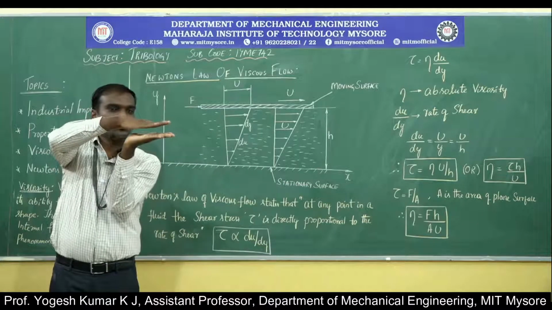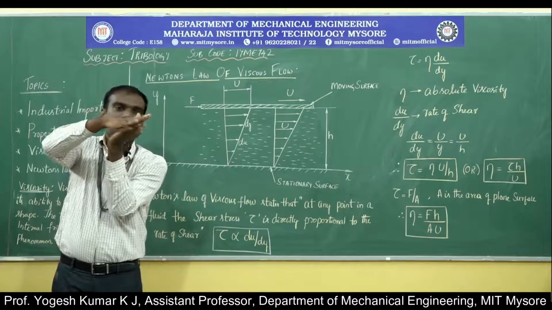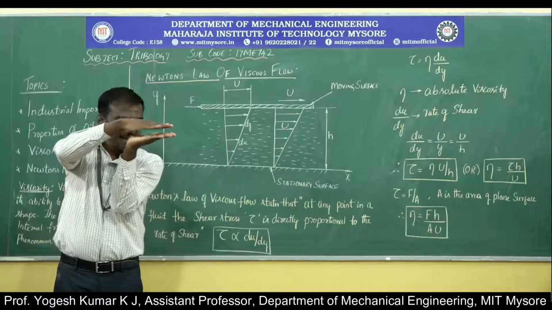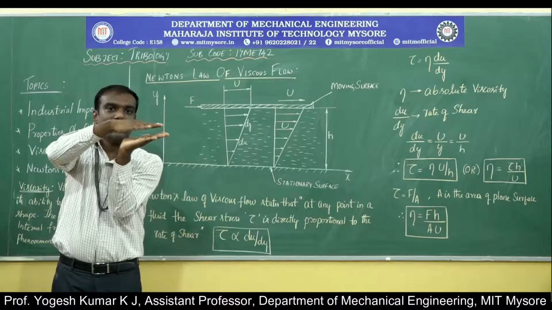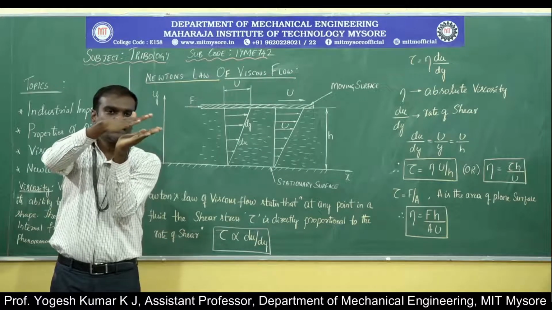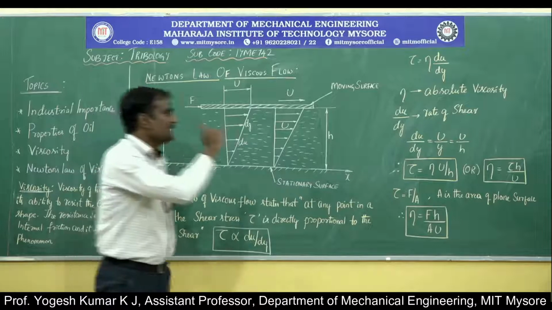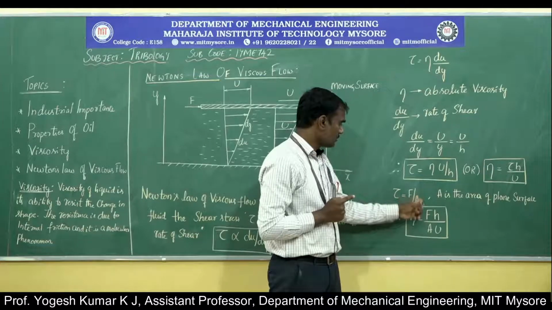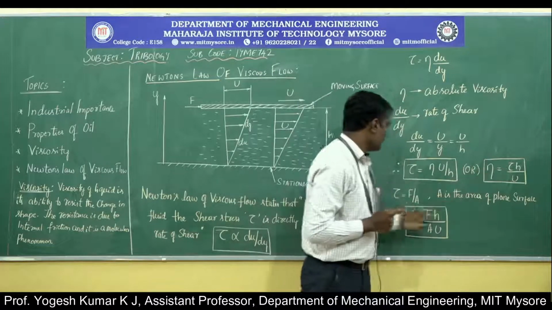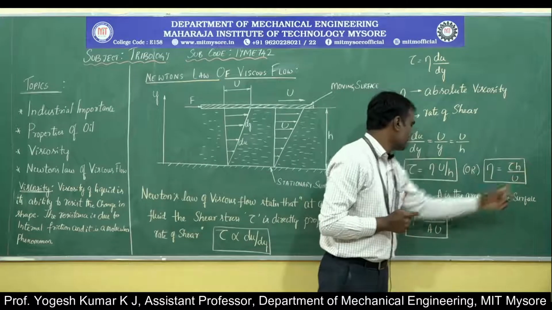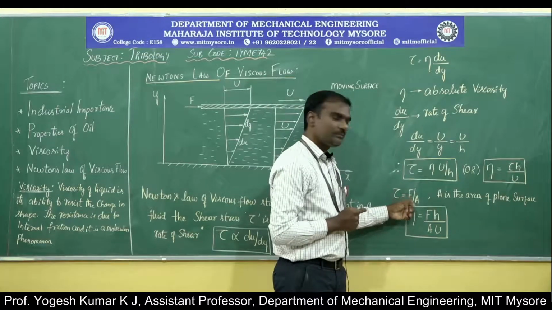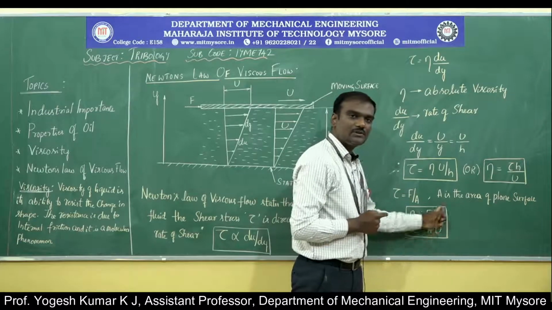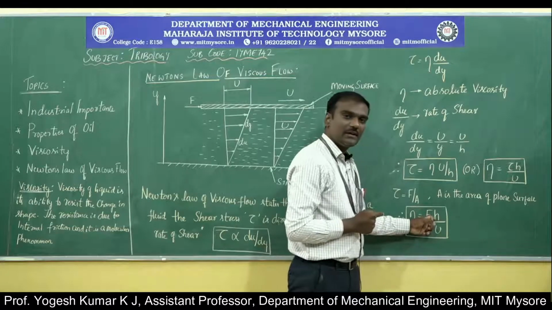If we consider two parallel plates, this area is taken as the surface area which is in contact with the lubricating oil. This gap is completely filled by the lubricant or the oil. So the area in contact with the lubricating oil is the area we consider for our shear stress. So shear stress tau is equal to F by A. We know eta is given by tau h by u. Let us substitute tau as F by A into that equation. Therefore eta equals F h divided by A into u,